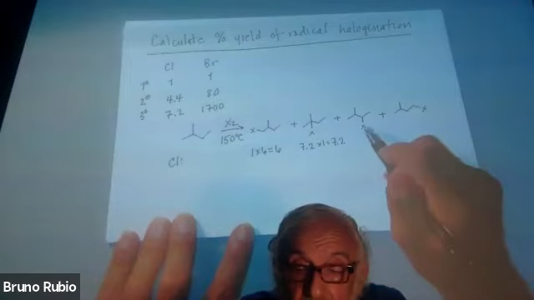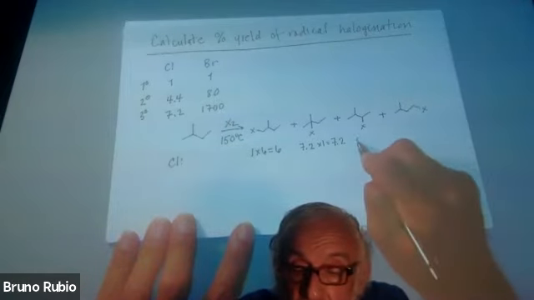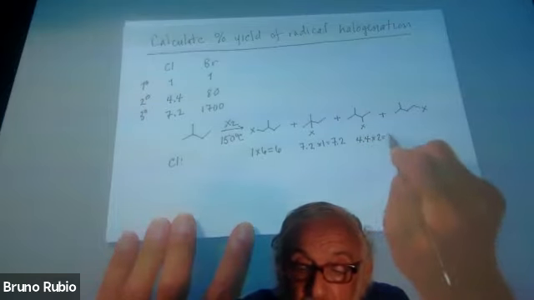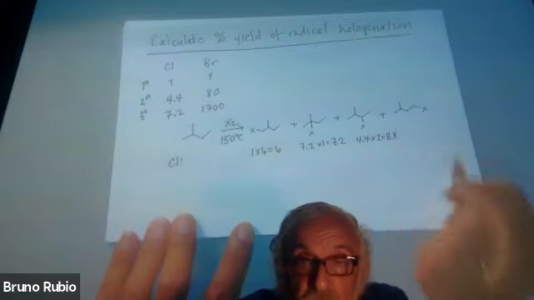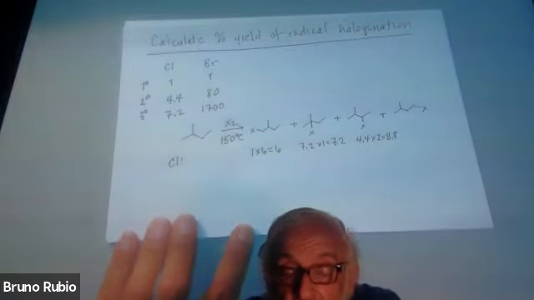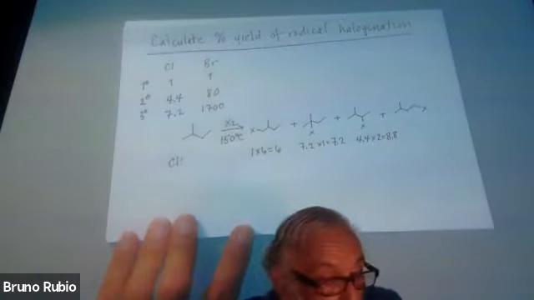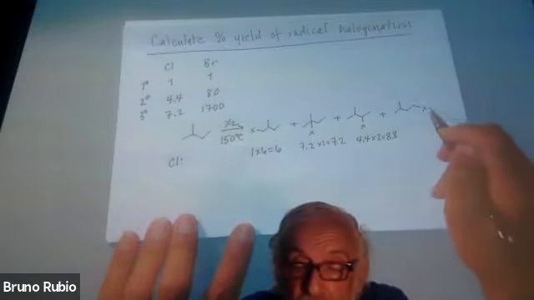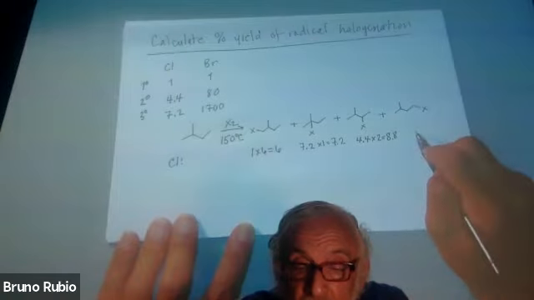Okay, this one over here is secondary, so the reactivity factor is 4.4, and there are 2 such hydrogens, so the statistical factor is 2, and then this is a replacement of a primary hydrogen that led to this last product,